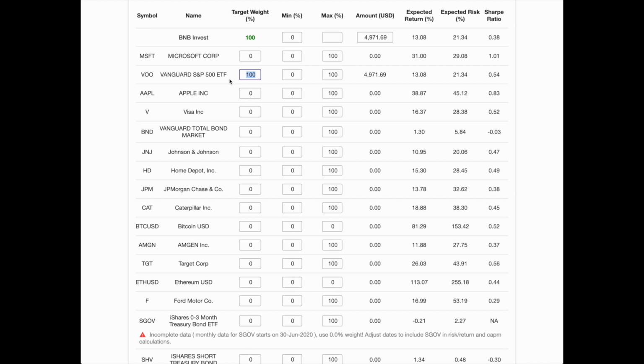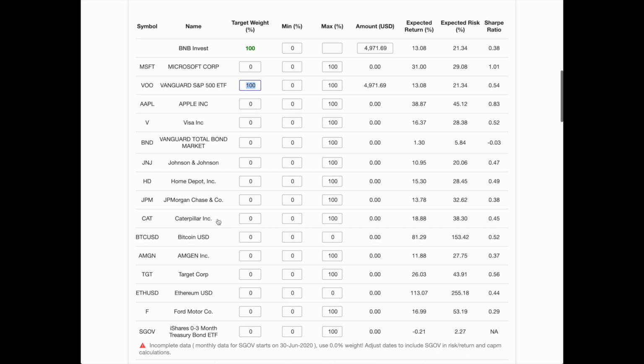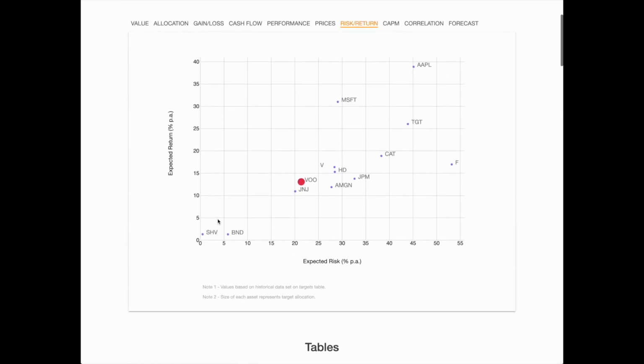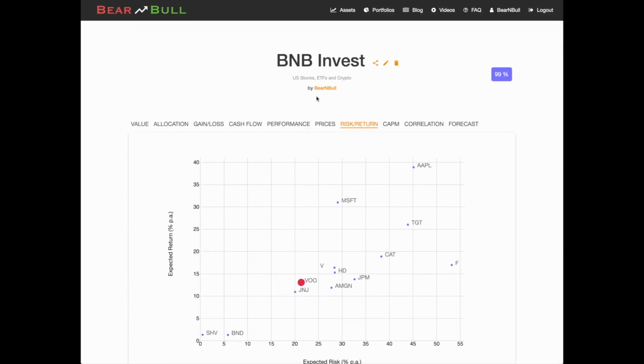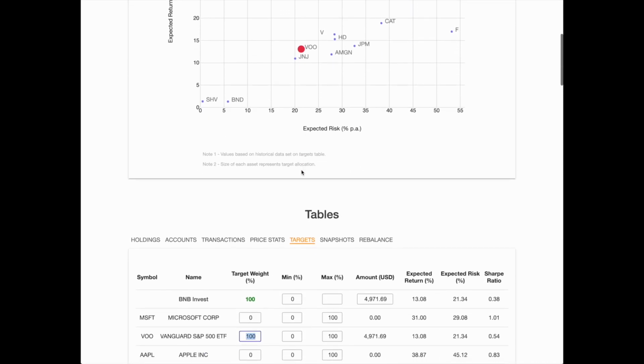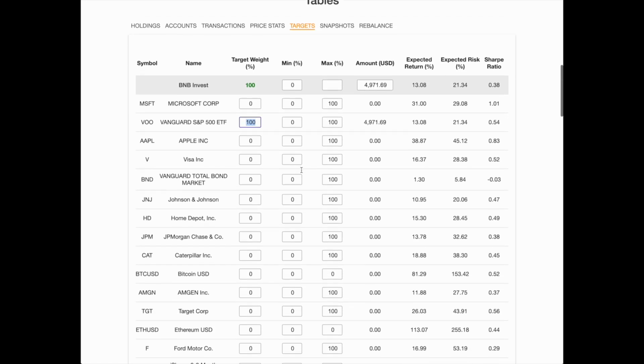And let's imagine that we decided to add some US equity, some stocks that we researched, did our fundamental analysis, and think these are solid companies. And I selected 10 of these companies here diversified across sector. Just as a side note, BearNBull has amazing asset research features. So you can go there and check it out to do your own research. Going back here to the table,